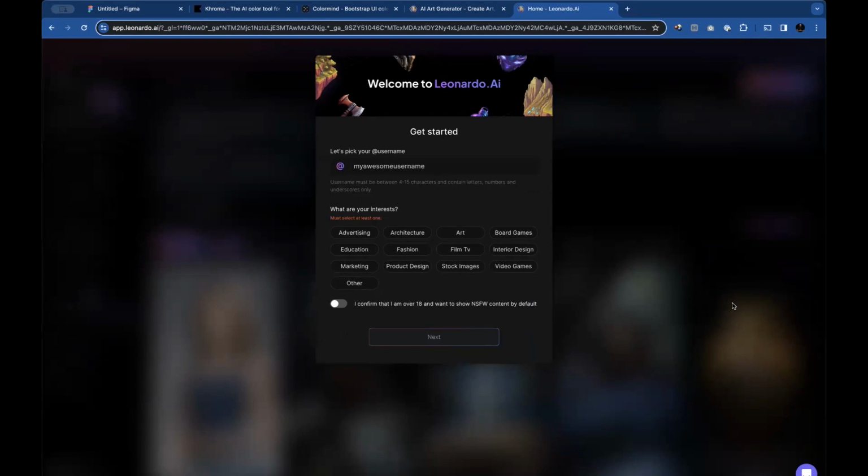Application error. It's showing application error: a client-side exception has occurred. Yeah, that happened to me also. For that one, you could go back to the tab and click again. It will take you back to the page that you see on the screen.